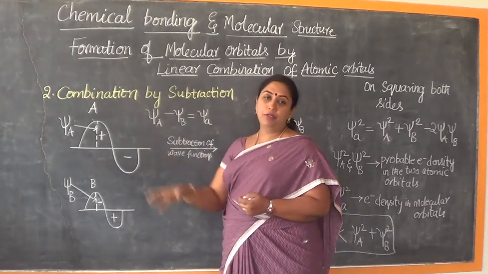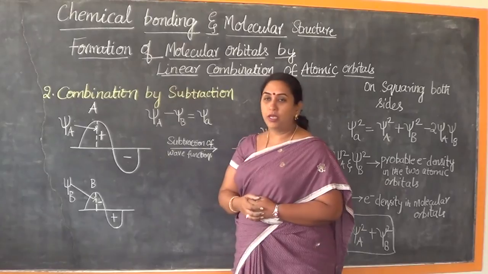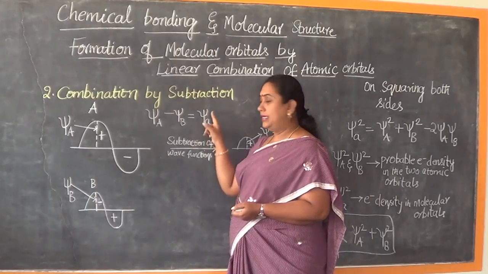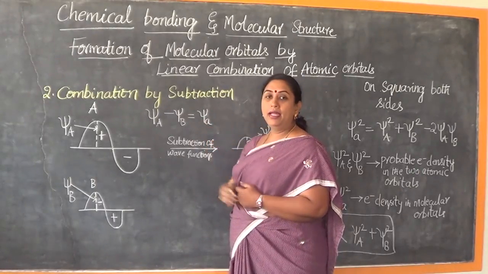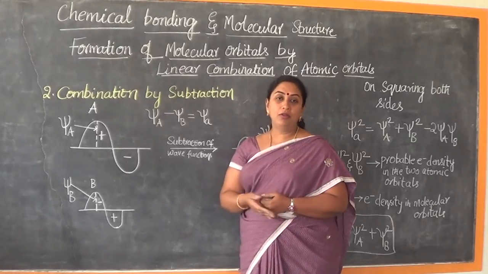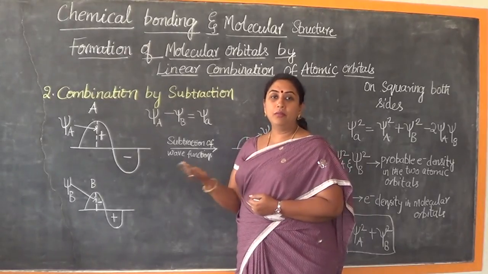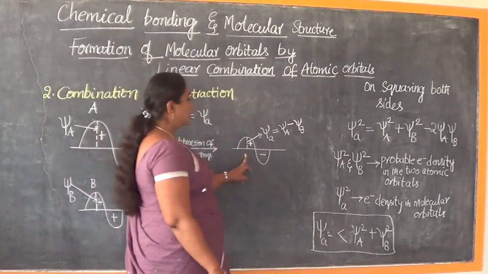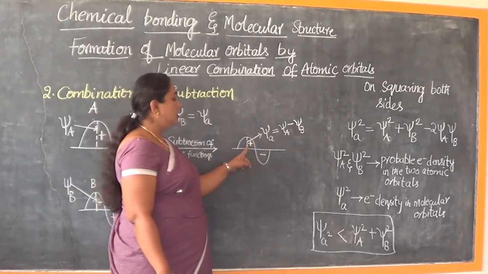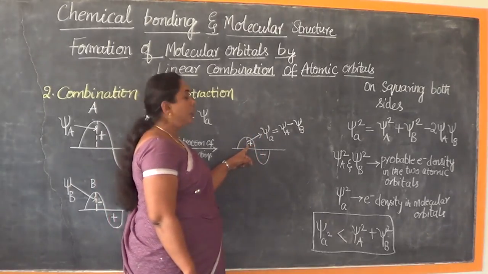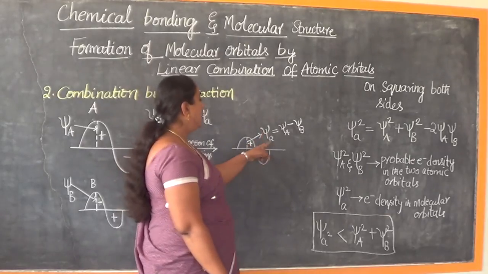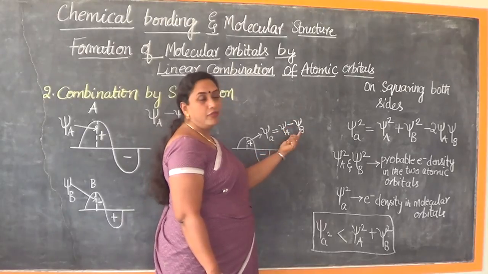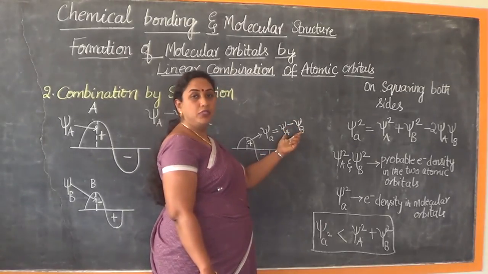And what is the output? What is the outcome of the subtraction of these two wave functions? We will end up with the formation of a new wave function, that is psi small a. What is the small a indicating? It is indicating the formation of anti-bonding molecular orbital, which will be diagrammatically represented like this. So what is this? This is the new wave function that is being obtained, that is psi small a. This is equal to psi a minus psi b, the wave function of the two out of phase waves